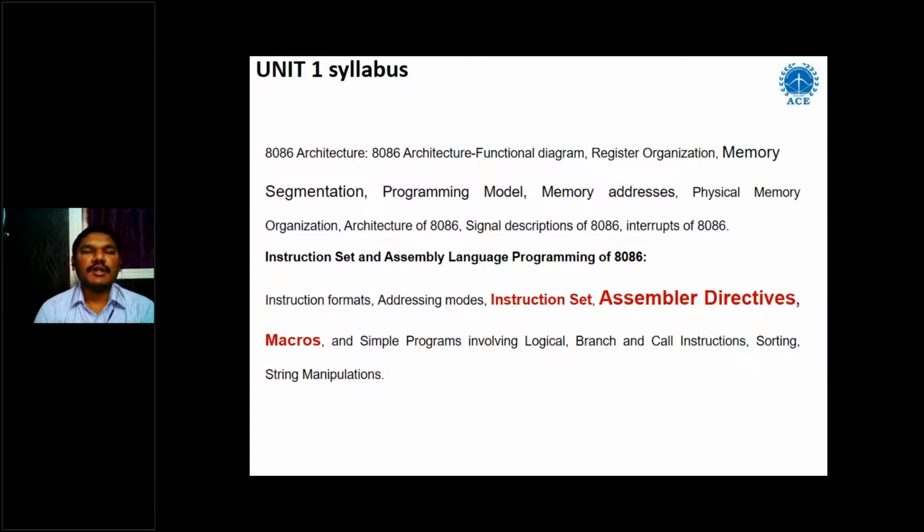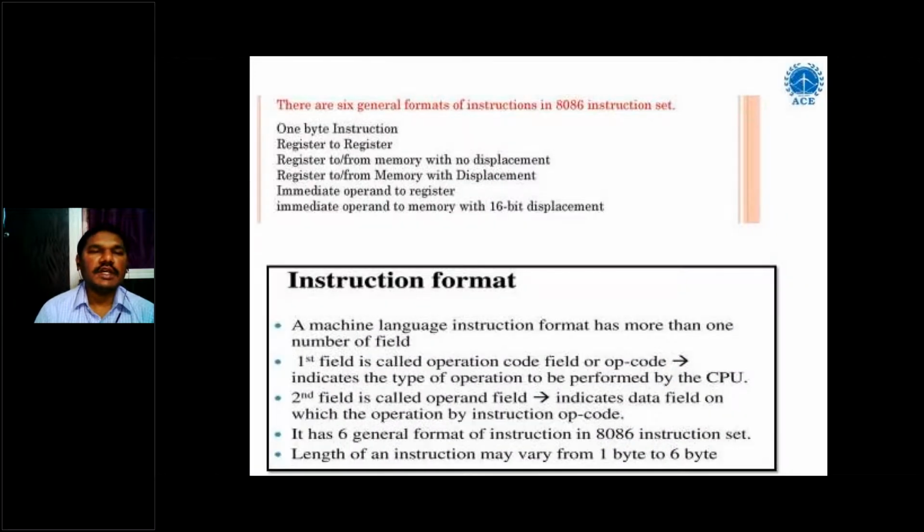In the programming part, I explained what is the structure of the instruction, in how many ways the instruction can be written, which is called instruction format, and addressing modes also we have seen. There are 6 general formats of instruction. So what is an instruction? We know that instruction is a command.